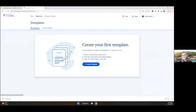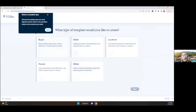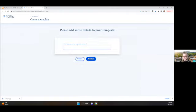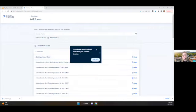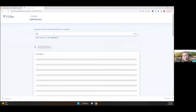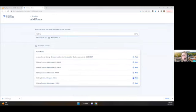For templates, very simple. I'm just simply going to click create template. And let's say I've been working with a lot of sellers, so I want to have all those forms ready to go. I'm going to go ahead and click seller, and let's just say it's a listing template. I'm going to name my template, and then I'm going to be shown all of the forms available here. So then I can go ahead, I can search for my form if I would like. Okay, I can go ahead and